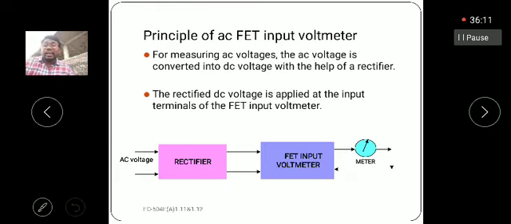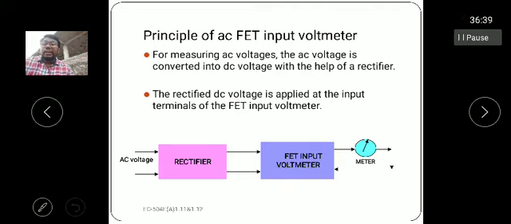Generally in 2 marks questions they ask what are the advantages of the FET input voltmeter. That means high accuracy and high sensitivity, high input impedance, no loading effect, and very low power consumption. And disadvantages,